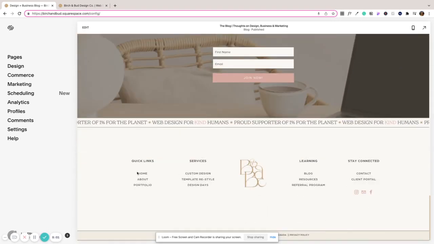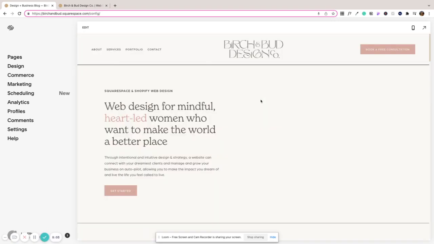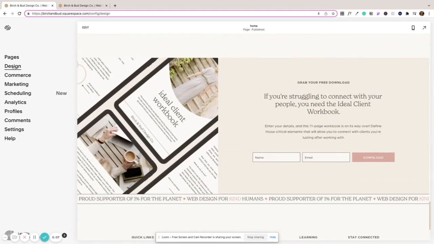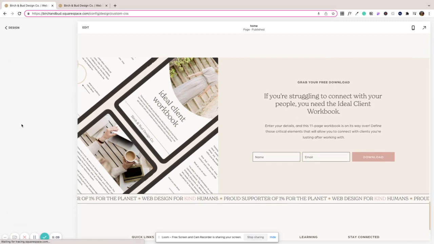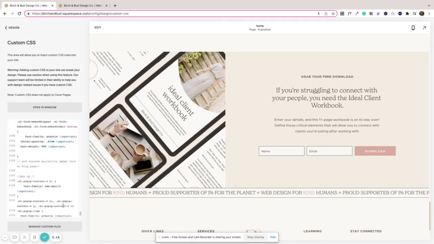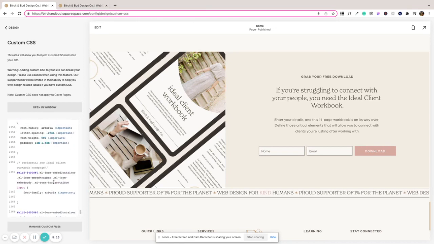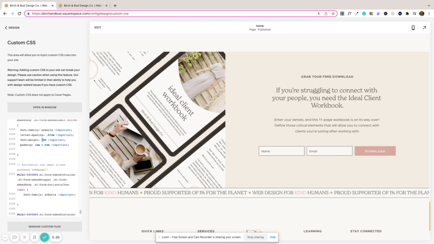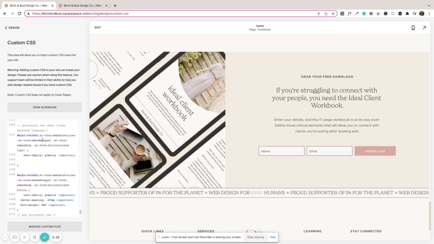Let's go back to my homepage. Scroll down. So if I come to my design panel, custom CSS, this is where you're actually inputting everything that you want. So I've actually already done this. So I can see here, I labeled it horizontal row. So this is what I had pasted. So if I take, for example, this away,